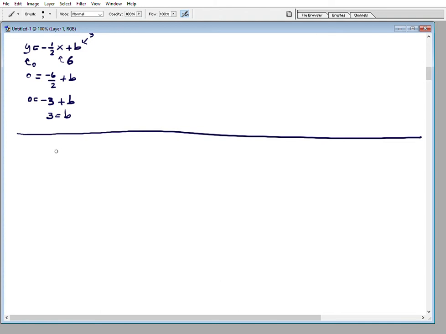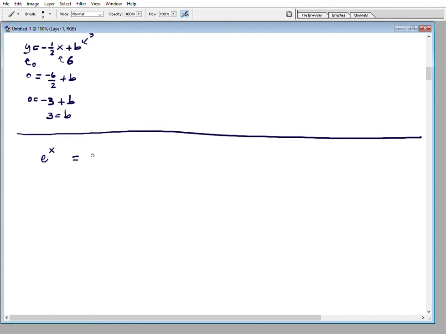Polynomials are easy functions to work with because we can just figure out what they are by substituting in a value. But if you have something like e to the x, the only way we know what e squared is equal to is by using our calculator, because we don't have an equation for e to the x. It's not a polynomial. But we will see that e to the x is equal to